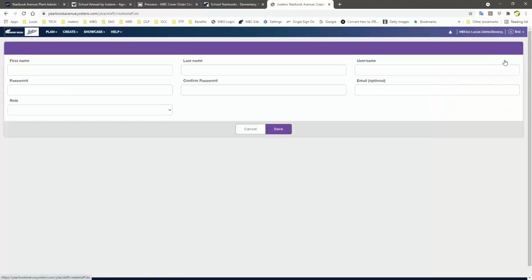Now, if we go up here to Add Staff, here is where you can put in a first name, and